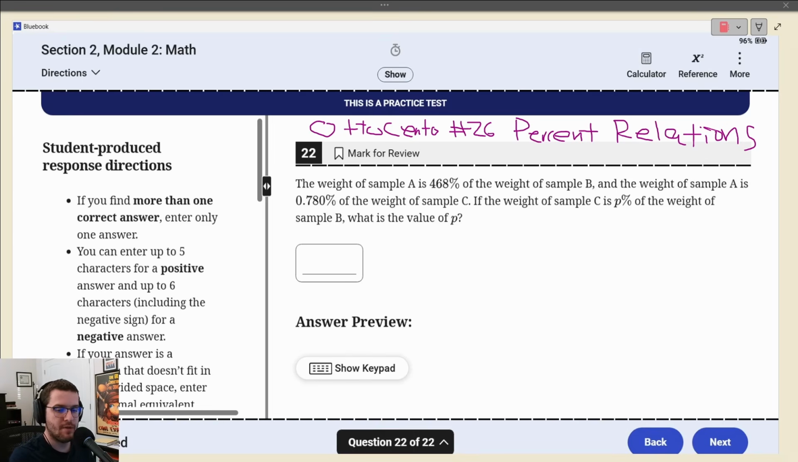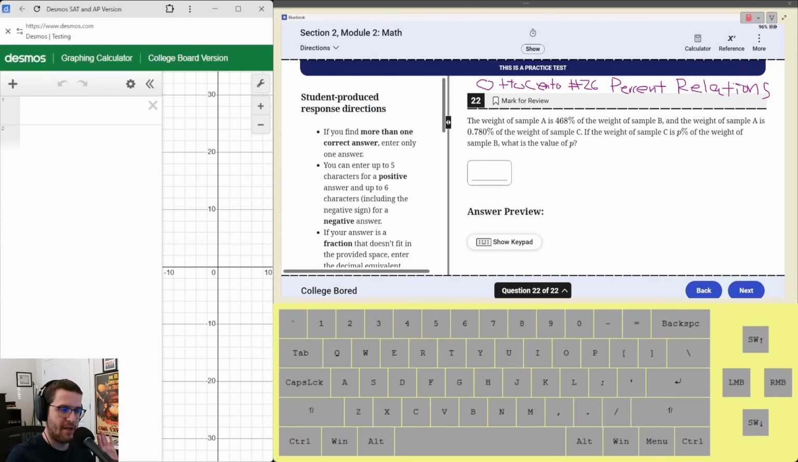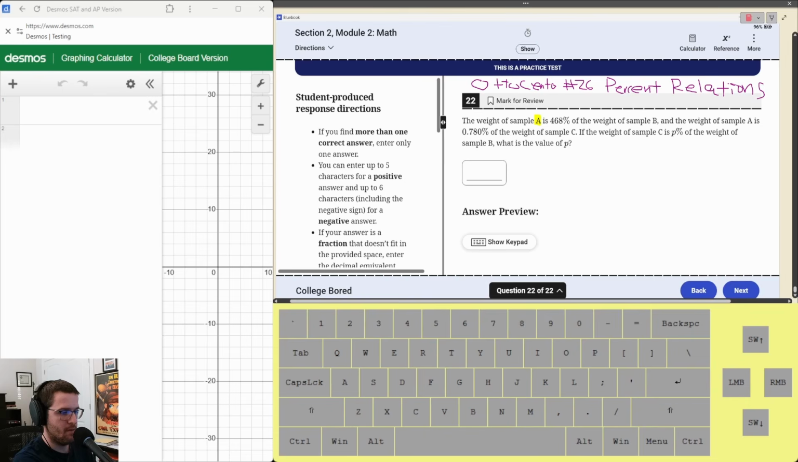Okay, so first we're going to do some words to math. Everyone hates doing percent math in their head, especially on the last question of a really long test, right? So we won't do it in our head. So let's see, we got A is, okay, so A is means equals